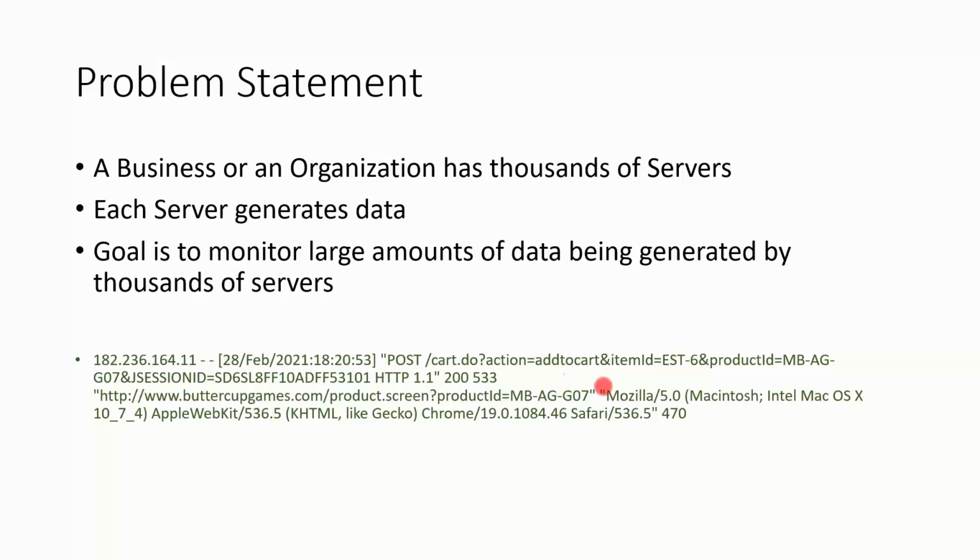This is a retail application where he's adding some item, the action is add to cart, and the product ID is something like this. This is the session ID, and the transaction is a success. It completed in some 553 milliseconds, and this is the endpoint he has hit. So with one snippet itself, I am getting so much information.